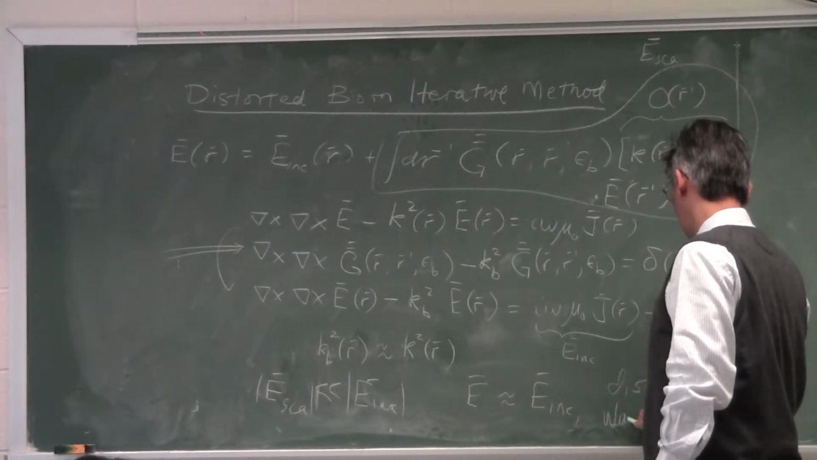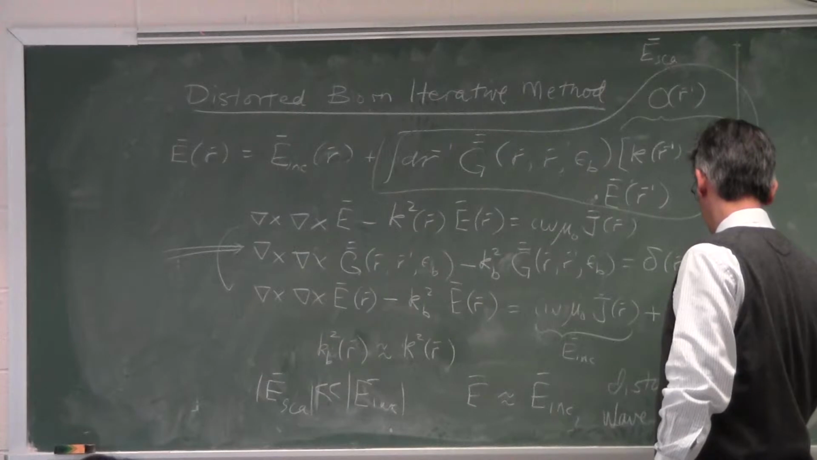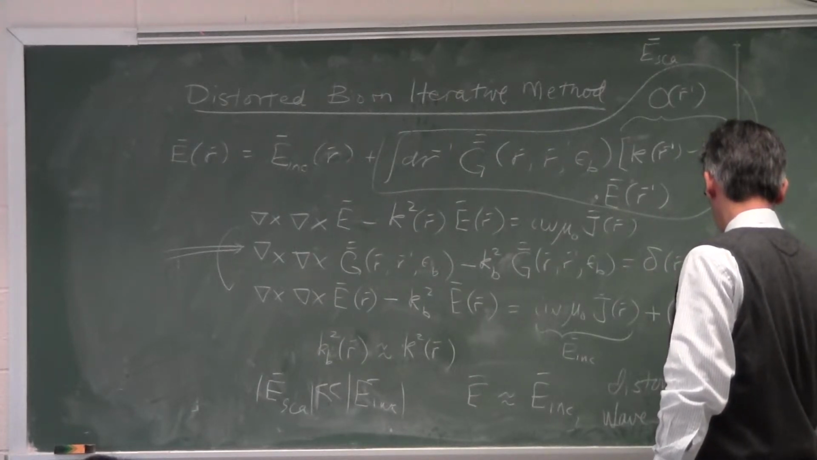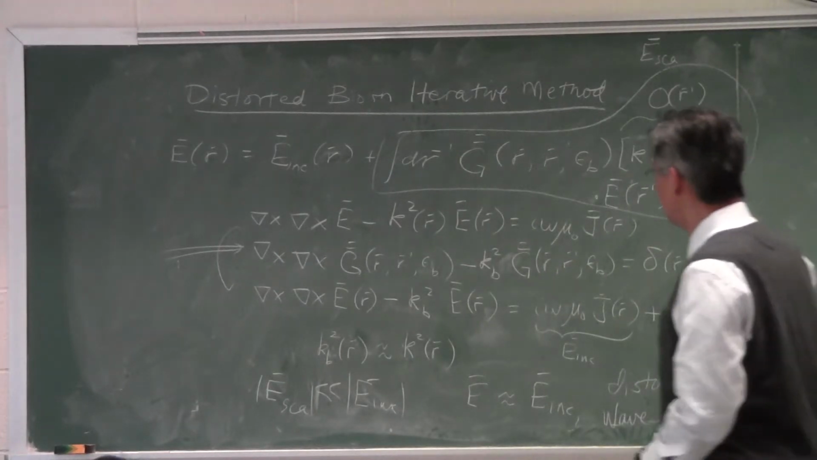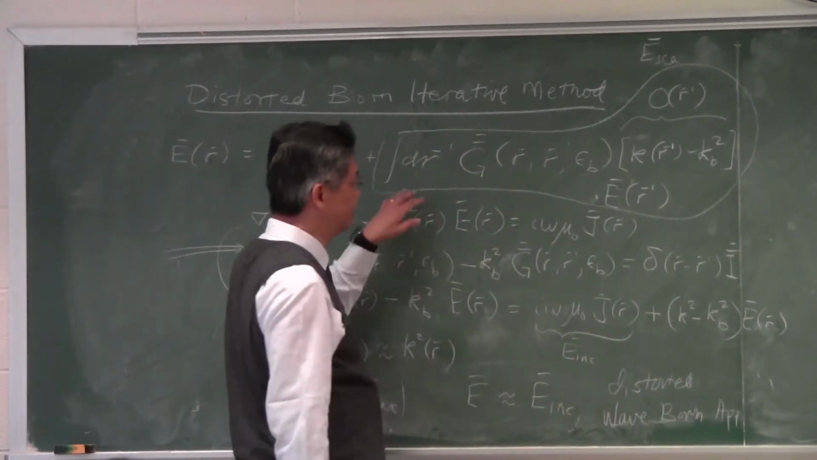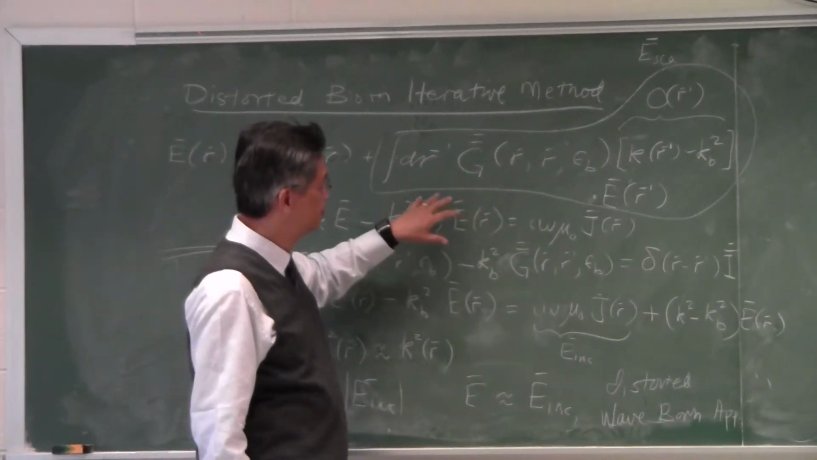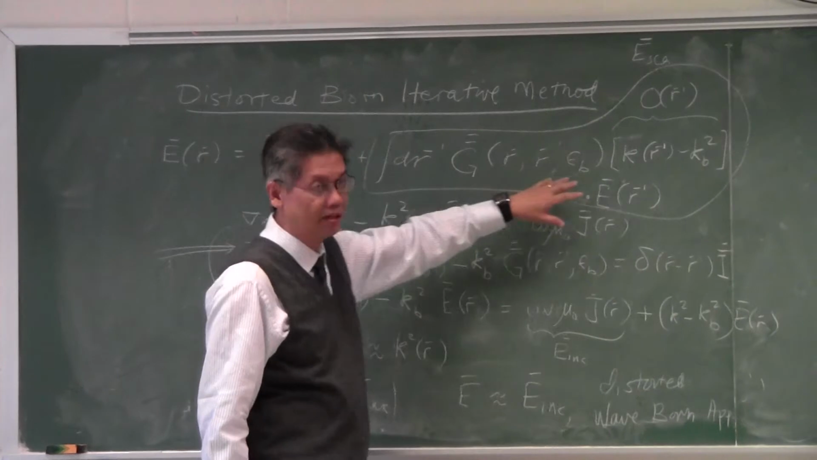Some people call it distorted waveform approximation, and some people would just call it distorted Born approximation. So it's very much like Born approximation when you distort the background so that the approximation is better. So now that if we know how to distort the background so that this problem becomes linearized and easily solved, how do we look for this object function